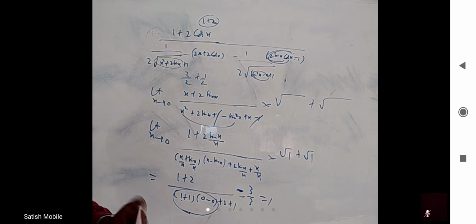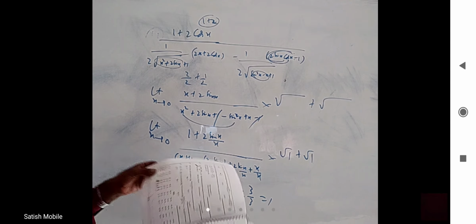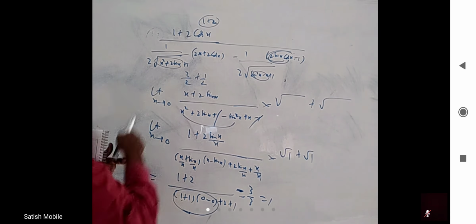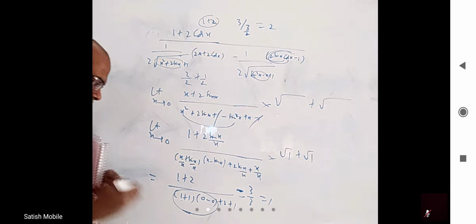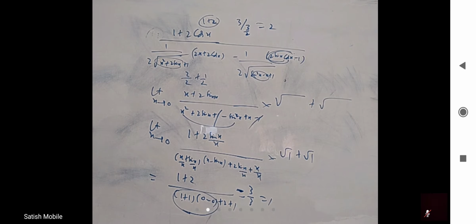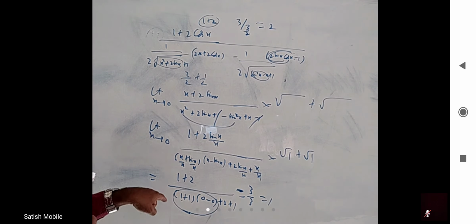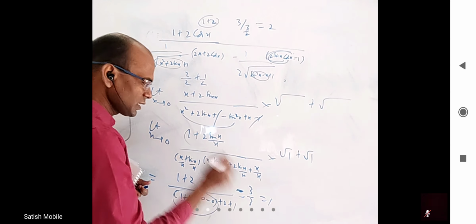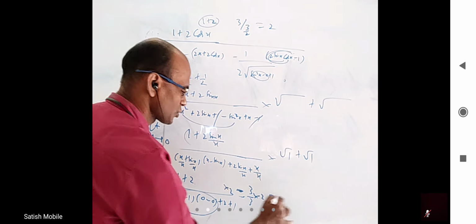Eleventh question. Answer is 2. So here I am getting 2 nicely because this is numerator 3, denominator 3 by 2, it is 2. So here we have to check what happened. Here I got 3, so I should get 3 by 2 here. There is a 2 here, I forgot. This is 3, but what about into 2? This into 2, it is 2. Is it okay?